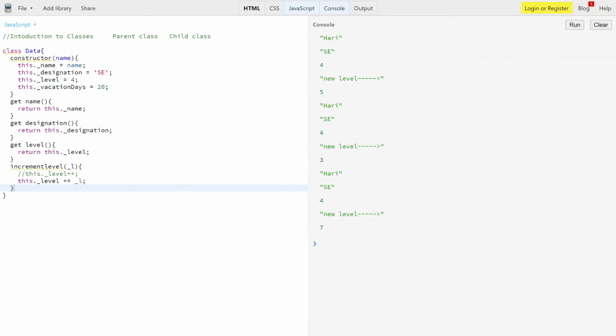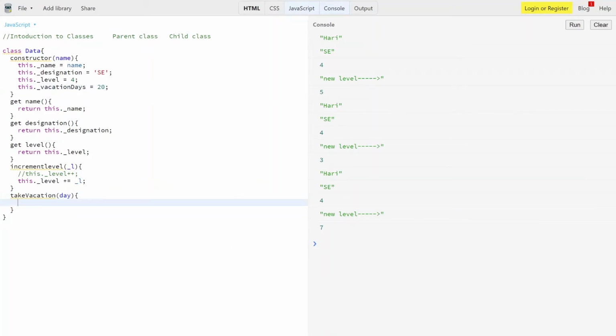Then we are assigning a takeVacation method over here, putting the V in caps, and then passing that parameter as day.